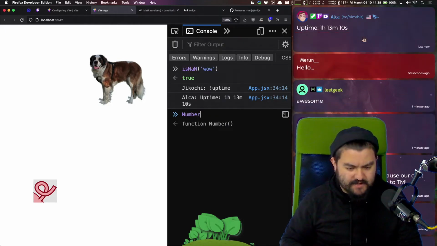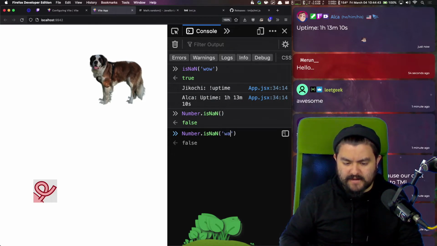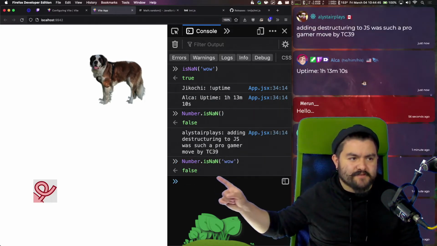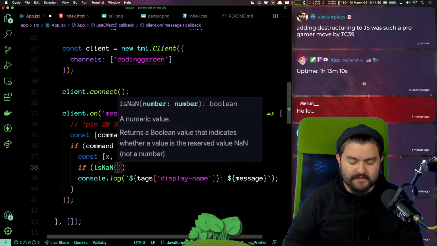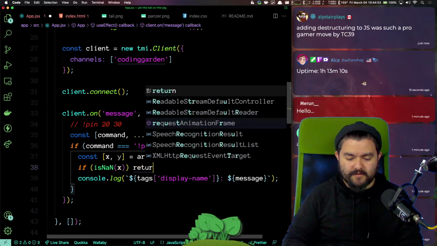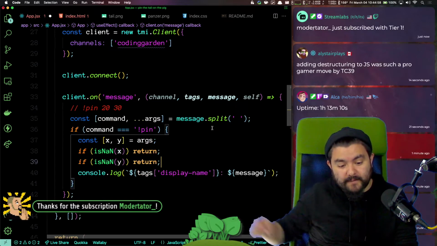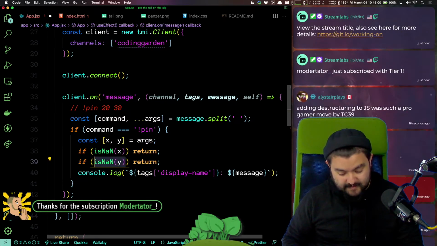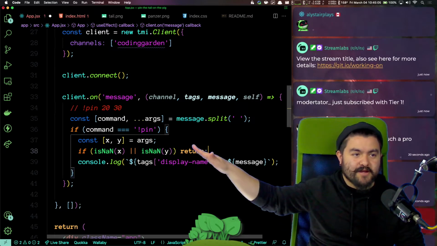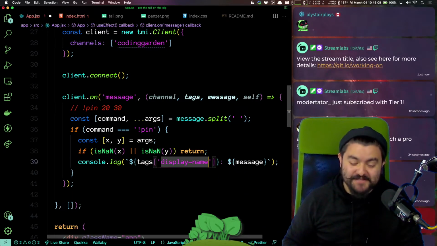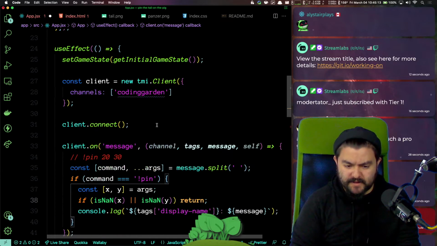But if you use Number.isNaN, that will only tell you if something itself is NaN. So Number.isNaN gives us back false. So we want just this. If x or y is NaN, return. So if x or y are not a number, just don't do anything. We're done here. But if they are numbers, then we're going to put them onto the page.